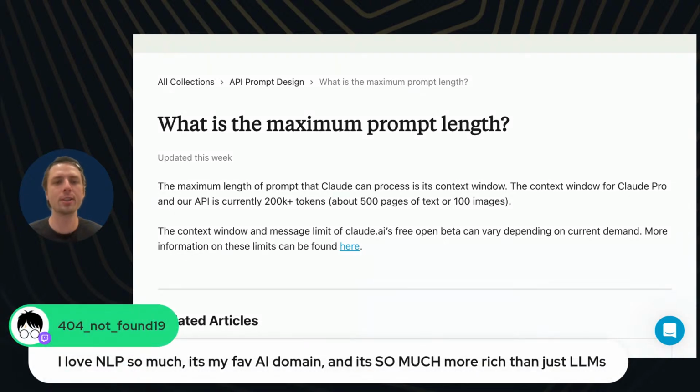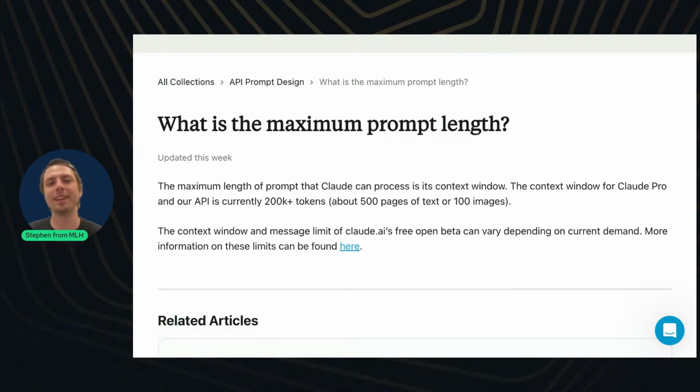And yeah, as 404 mentions, we did a little history of NLP at the beginning of the stream and talked a little bit about n-grams and recurrent neural networks and LSTM. And yeah, there's a lot of really cool stuff going on with those. But yeah, you missed, unfortunately, a little history of that. But I think it's really neat too.